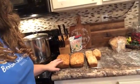All right, so I'm going to take a quick break from banana bread, and I'm gonna go ahead and knead my sandwich bread and get it started on its second rise so it can go in the oven here in a little bit. But here are the 2 loaves of large banana bread and the 3 smaller loaves that have already come out of the oven. I've got 2 loaves of banana nut bread baking in the oven,